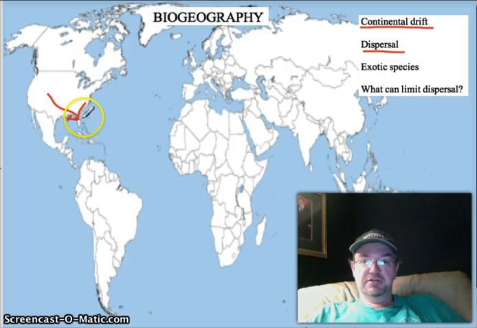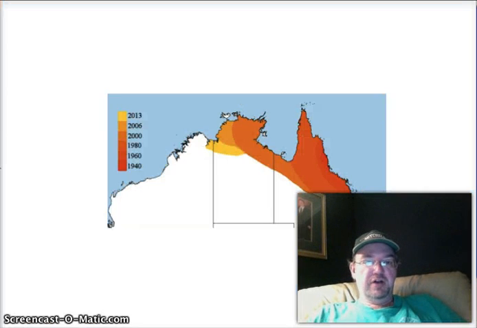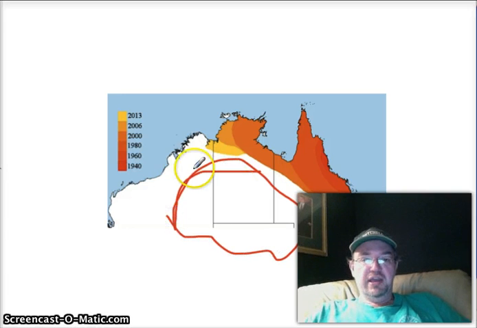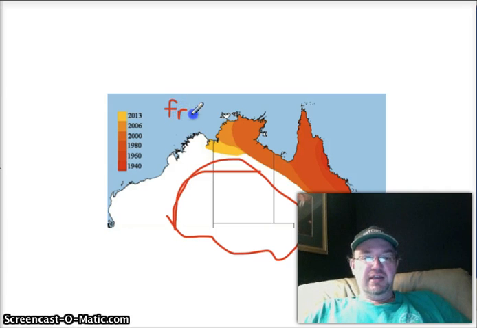Climate can also affect the dispersal of animals. I have a picture here of Australia. Australia has deserts almost the entire middle of the continent. Almost the entire middle of the continent is desert. And what we have here is the dispersal of a kind of frog. I can't remember exactly what kind of frog it is, but you can see from the dates here that in